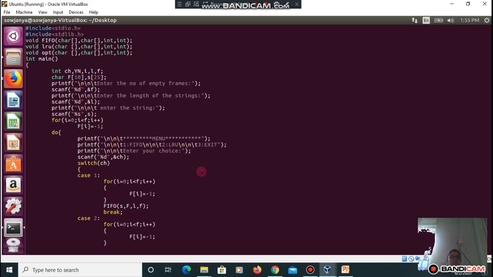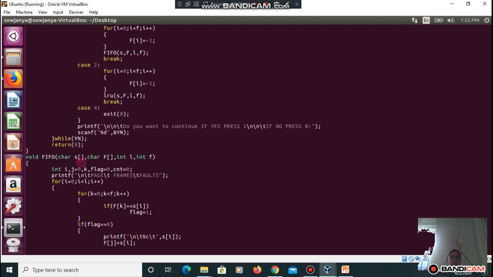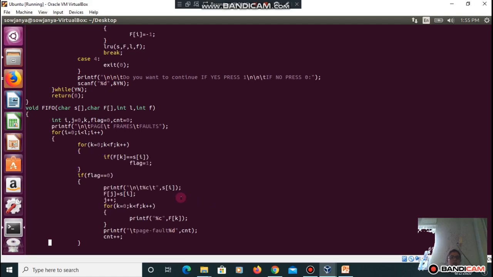The first one is FIFO. When the FIFO function is called, what happens here? It works the way the FIFO page replacement algorithm works. Using the for loop you have to implement this FIFO, and in a similar way you have to implement LRU also.